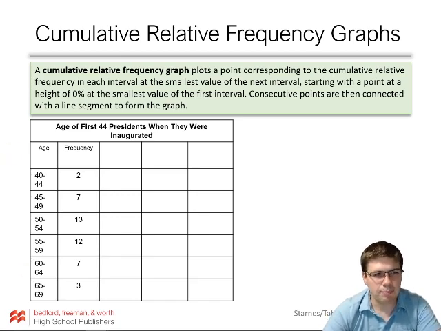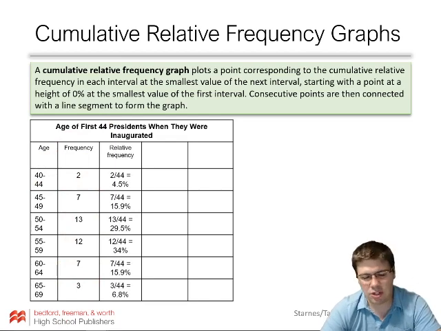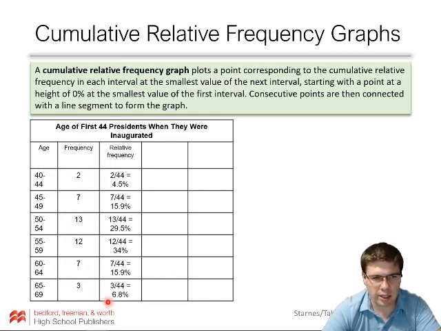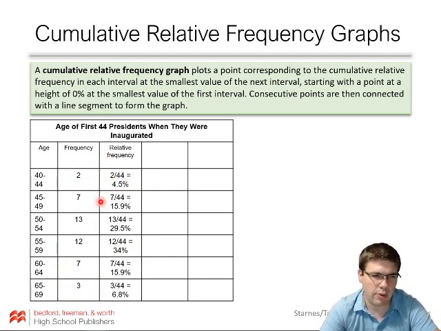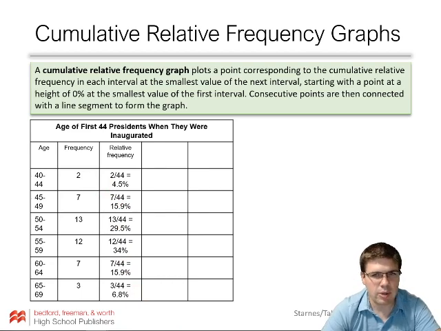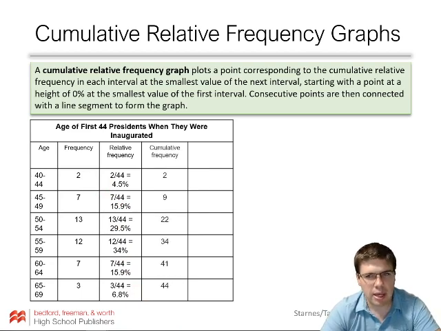So we've got the age of the first 44 presidents when they were inaugurated. We've got some age ranges and a frequency table for them. And so that's frequency. The next thing we can do is convert those to relative frequencies. You can actually do this in either order. So that's percent. Out of the 44, we can convert those to percent. And so now we're at relative frequency. And then we can take that one more step and make that cumulative frequency,